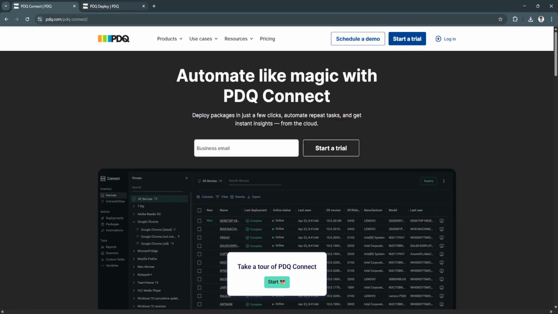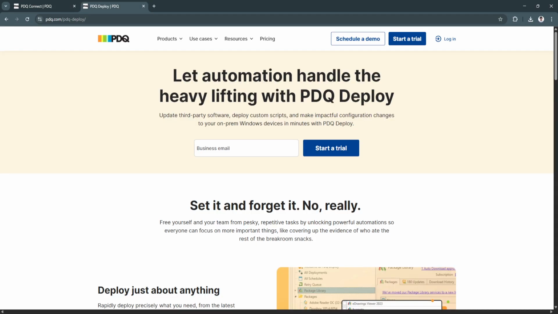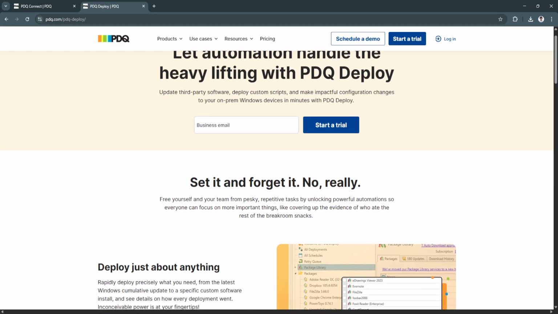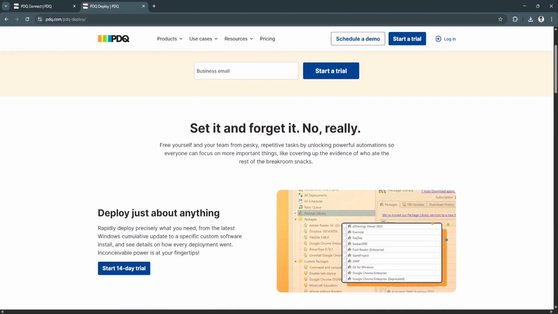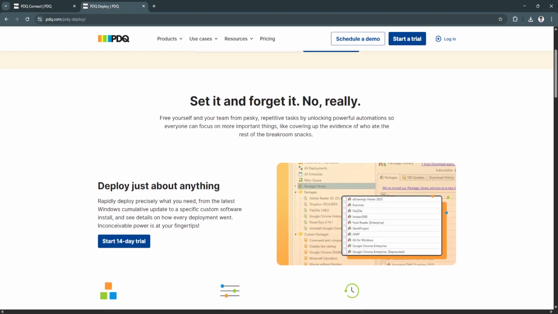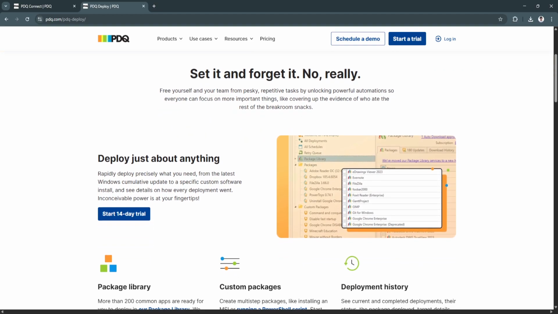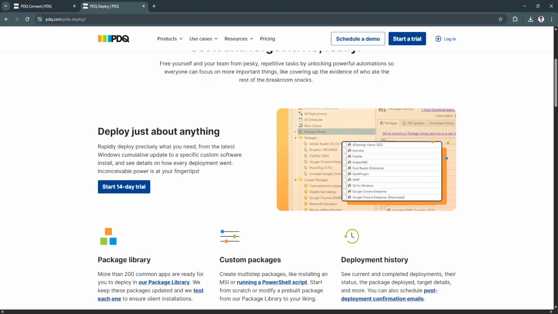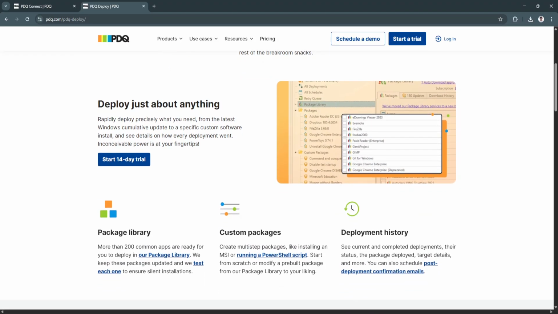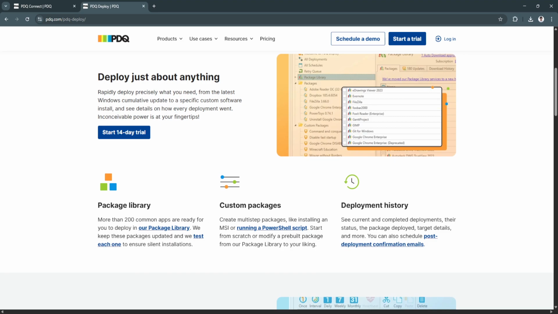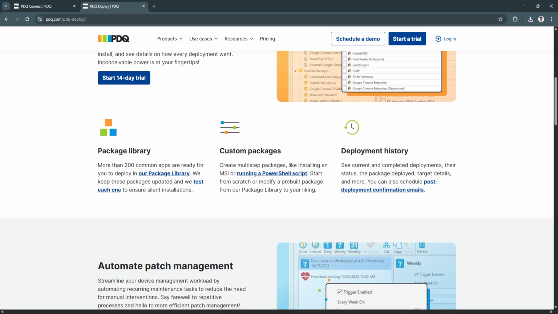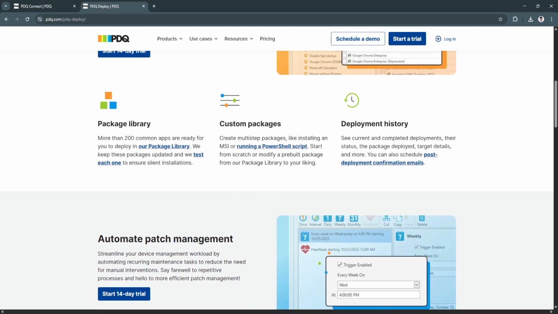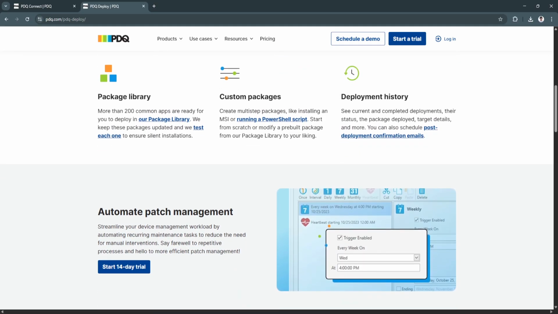So first, let's talk about PDQ Deploy. PDQ Deploy, the on-premise powerhouse, has long been a go-to for IT pros in Windows-based on-prem environments. It lets you deploy software, patches, and scripts to hundreds of machines quickly from a central console. It integrates with PDQ Inventory, so you can target deployments based on criteria like OS, last boot time, or installed